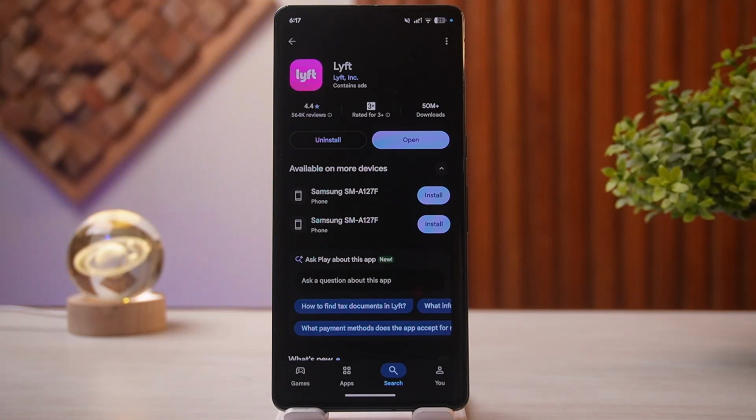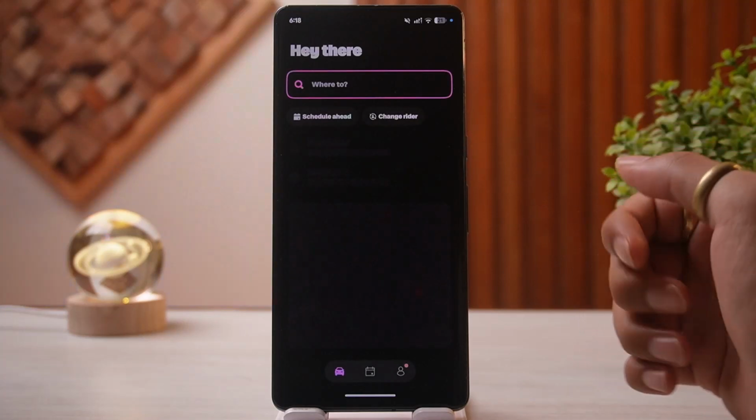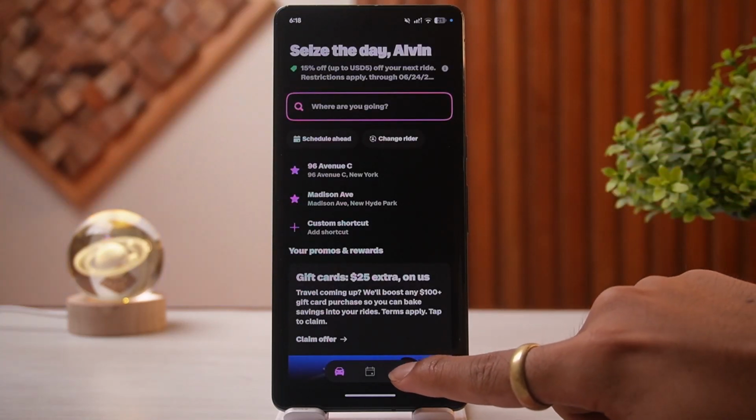How to see your Lyft lifetime ride stats. First of all, launch the Lyft application on your device. Once you open it, all you have to do is tap on your account tab or profile icon on the